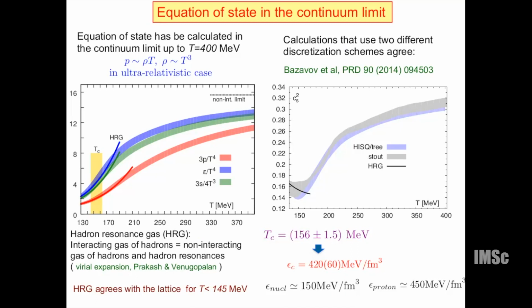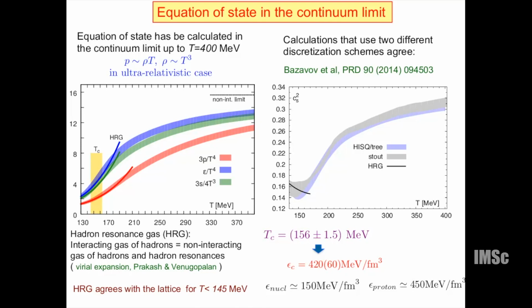First of all, what one sees is that up to the crossover temperature, the pressure and energy density, shown from the lattice calculation as these bands, follow the prediction of the hadron resonance gas model. That just illustrates again that at low temperature the system indeed behaves like a gas of hadrons. Of course, not completely just hadrons, because hadrons have interactions, and some of this interaction can be incorporated by including hadron resonances, the interaction between hadrons mediated by resonances. So we take the non-interacting gas of hadrons and resonances, and then you get a pretty good description of the pressure and